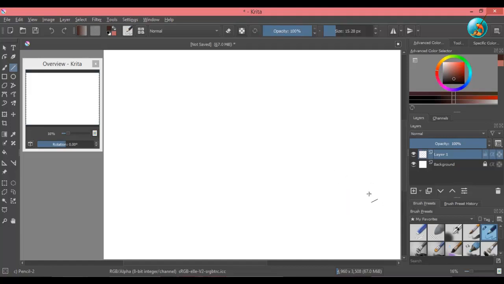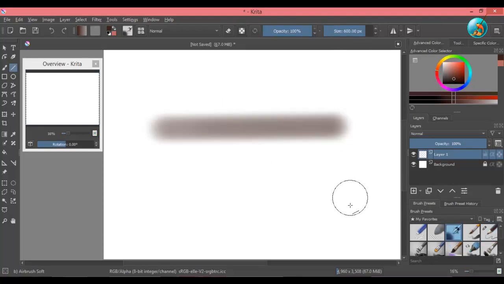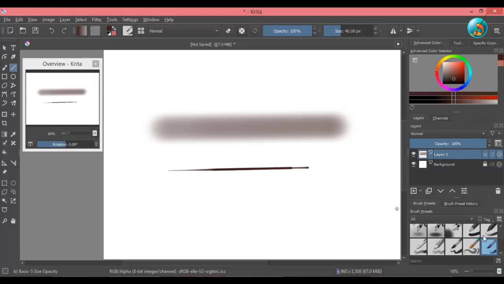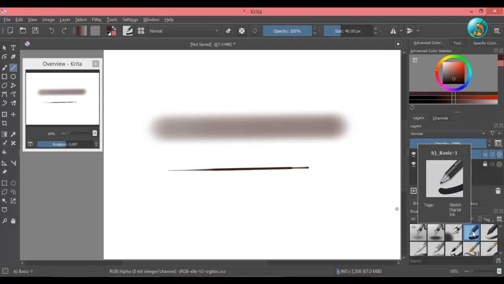Now the one thing that you should remember is that while using any of these tools that I am discussing today, Krita will use the brush selected to make these shapes. And the size of the brush will be the size of the stroke. So if I select the airbrush and make a line with it, this is what I will get. If I use a pressure sensitive brush, the lines will be uneven. So be sure to select the right brush before making a line or a shape. In this tutorial, I am using Basic 1 brush.